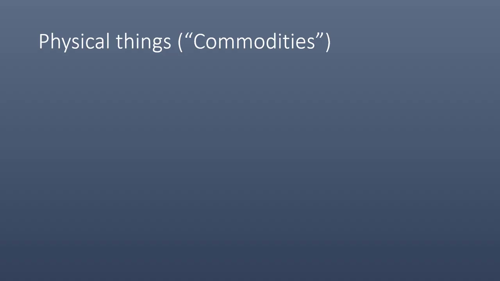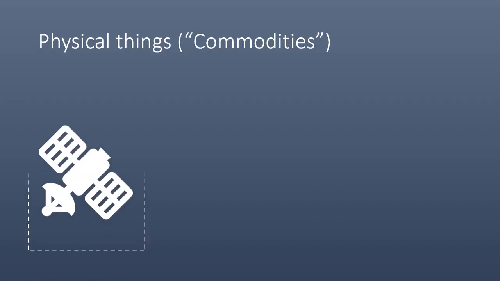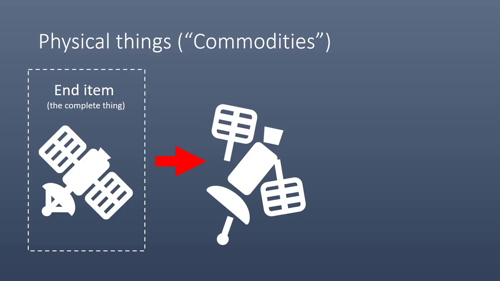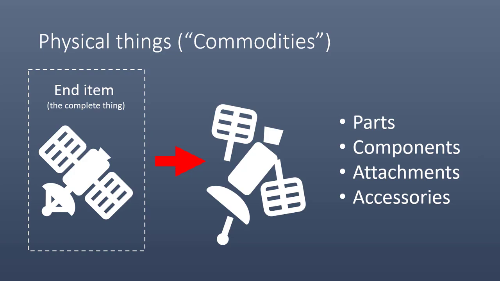First, let's look at the different kinds of physical things. Under both the ITAR and the EAR, physical things are often referred to as commodities. So that's the term that we'll use when discussing physical things. Usually, the first thing that springs to mind when we discuss a commodity is what we will call an end item. An end item is a complete product that is ready for its intended use. For example, a fully functioning satellite is an end item. In addition to end items, the export regulations will also control parts, components, attachments, accessories, and other things that make